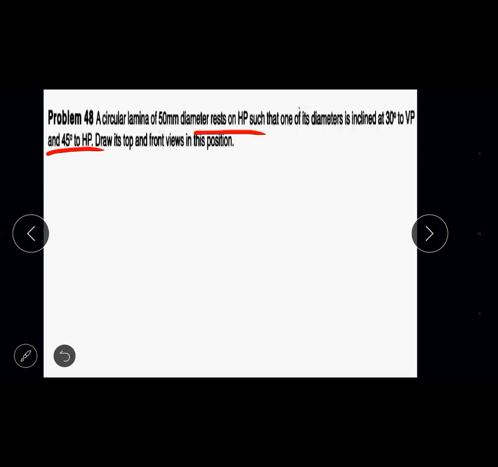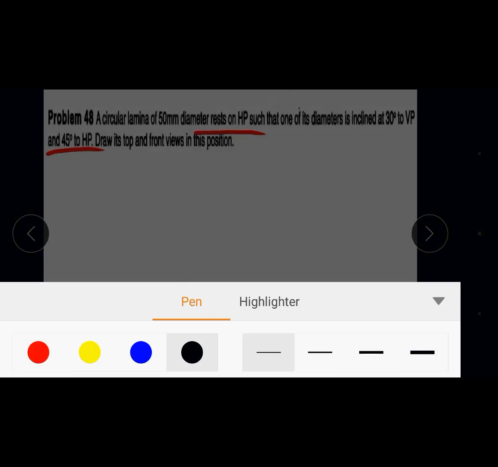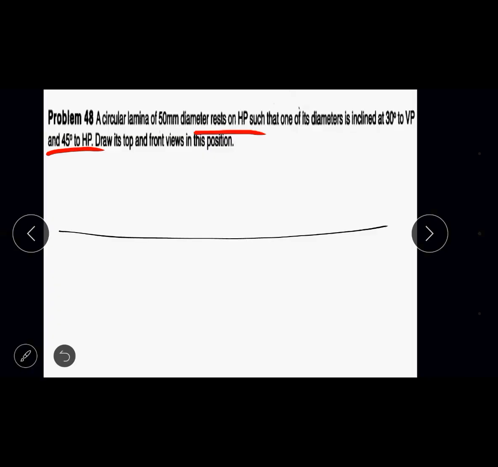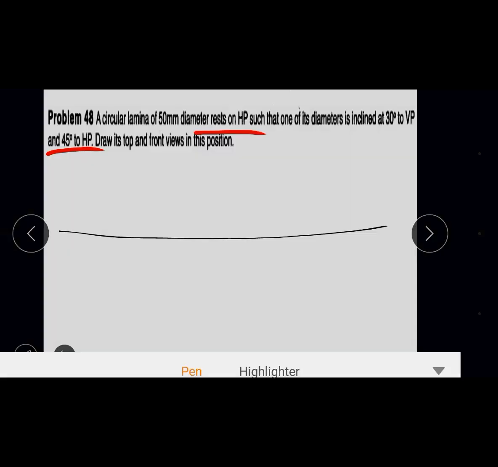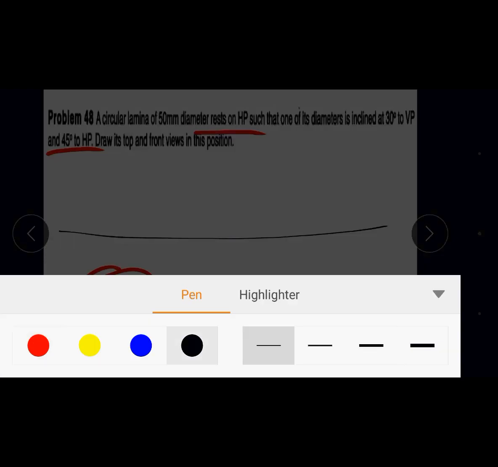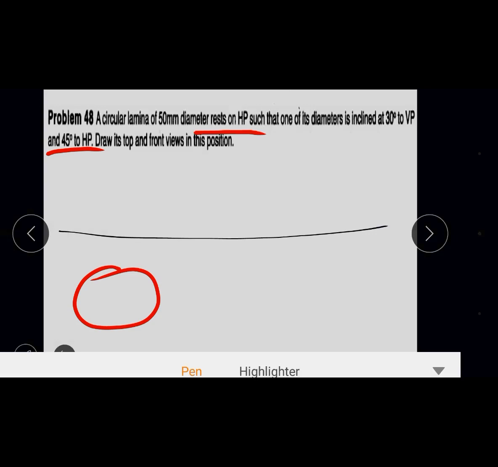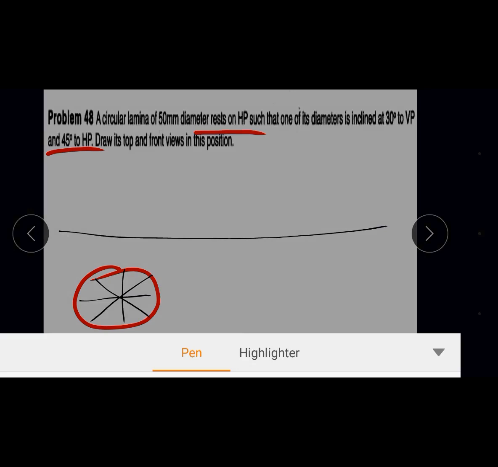I'll just go ahead. I have already covered this in the general type of problems: how to construct a circle and how to cut it into 8 parts. I'll just repeat it. So this is a circle with 8 parts. These are the 8 parts I have placed. This is the diagonal diametral line.